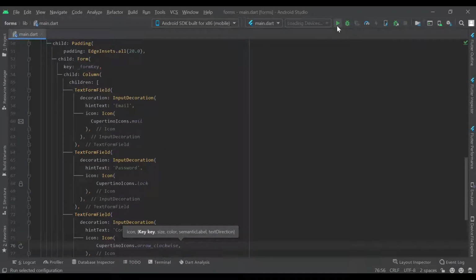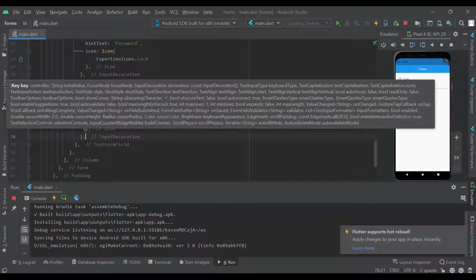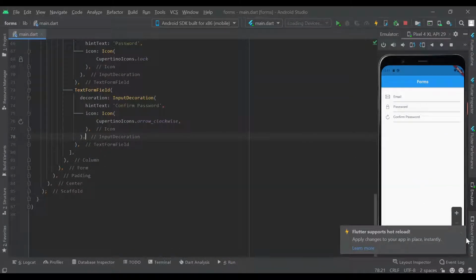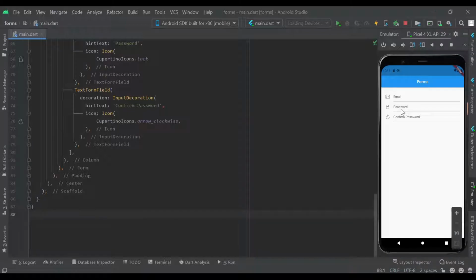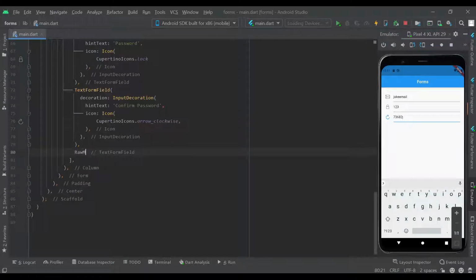So we can run that on our emulator now. So as you can see, now it has loaded, and we have the emulator running up here, and we've got our email, password, and confirm password fields, and we can click on them and they change different colors, and you can enter stuff. So you can just enter fake data, fake email, password 123, and confirm password 78369. So there's no actual button, so let's just add a button here first, and that will be a raw